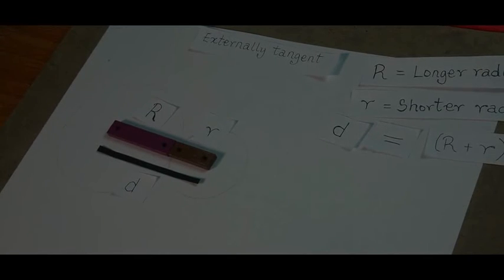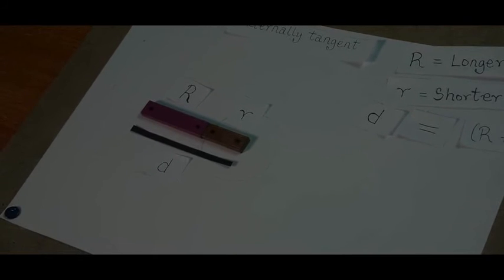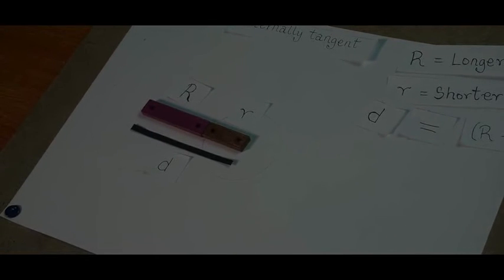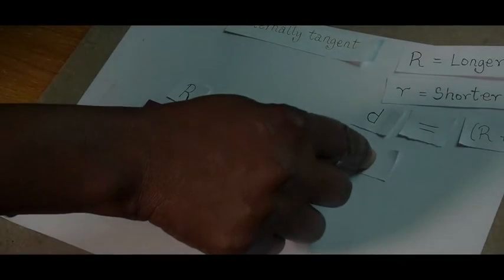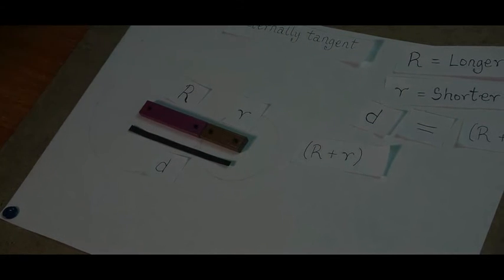Is the sum of the radii greater than, less than, or equal to the distance? The sum of the radii is equal to the distance. Okay, so the sum of the radii is equal to